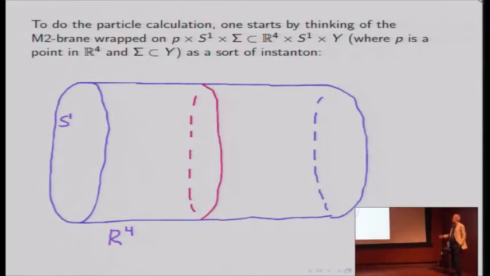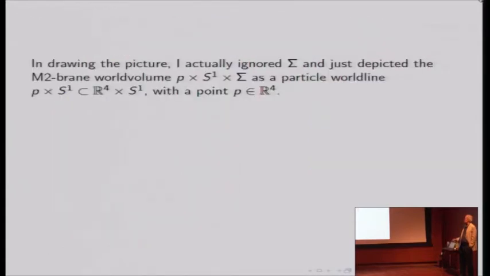in Euclidean space-time. The classical picture makes it look like it happened at a point, but of course this is a quantum particle, so it's always fluctuating a little bit around the classical orbit. But still, it's localized in space-time, and so we should think of it as an instanton, somewhat analogous to a Yang-Mills instanton. Now, in drawing the picture, I actually ignored sigma and just depicted the M2 brane world volume as